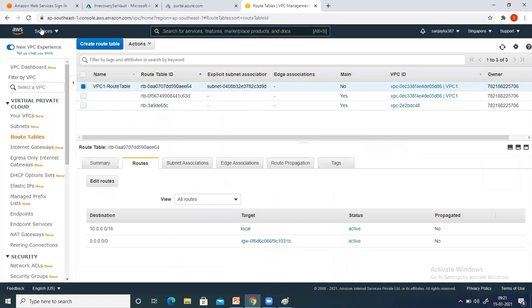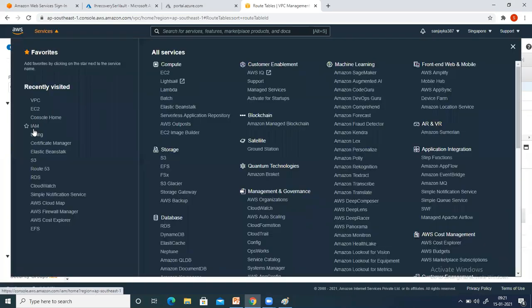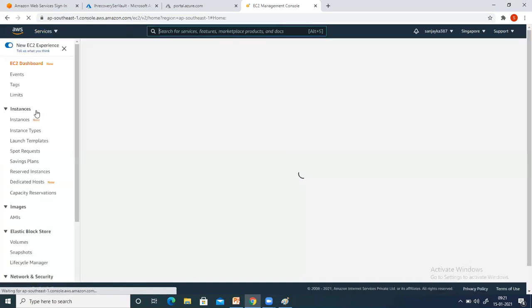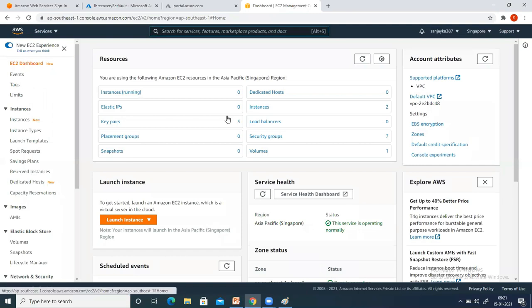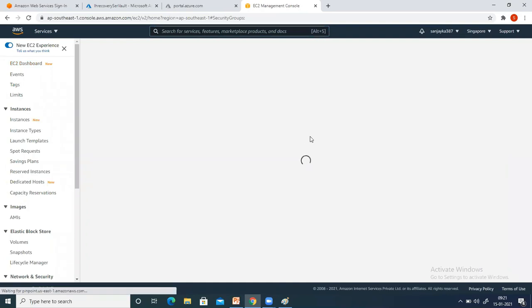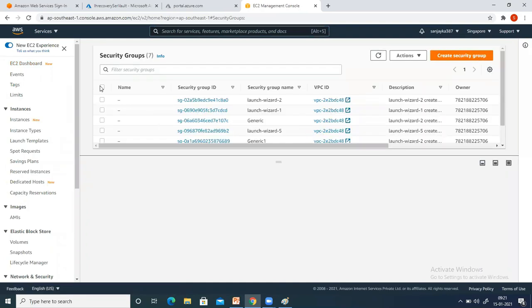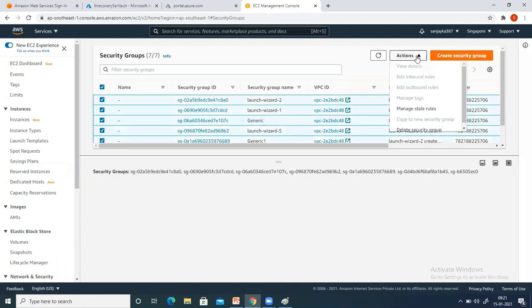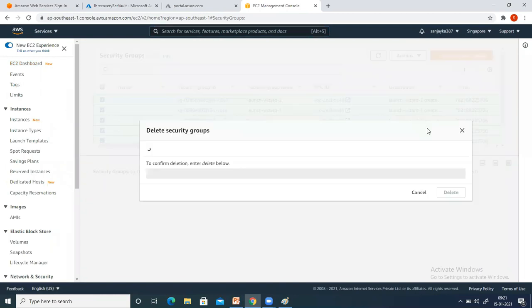First of all, I want to create a security group. To create a security group, you can come here on the dashboard, and here you will find the option called security group. Already there are a lot of security groups here, so let me go ahead and remove them first.